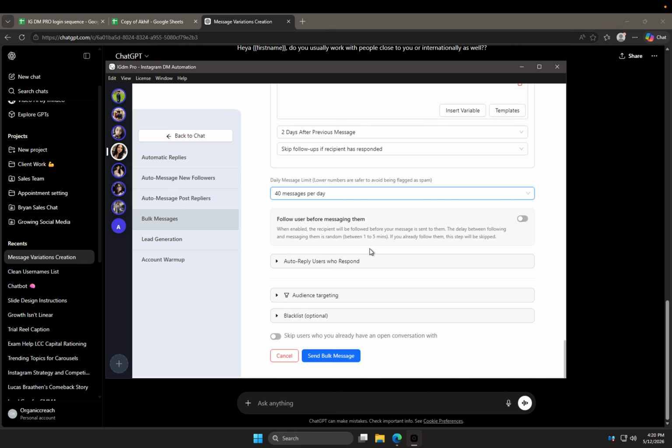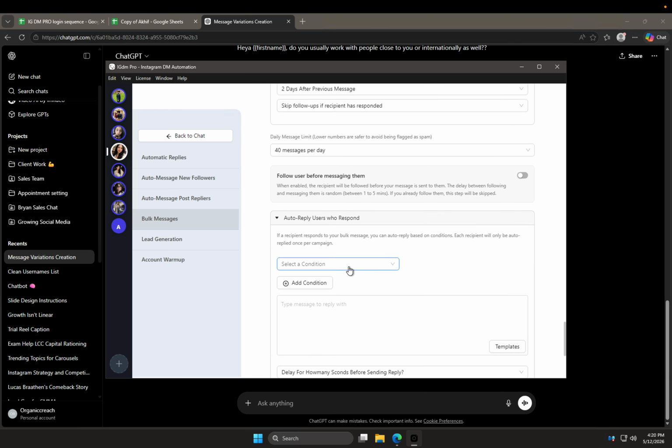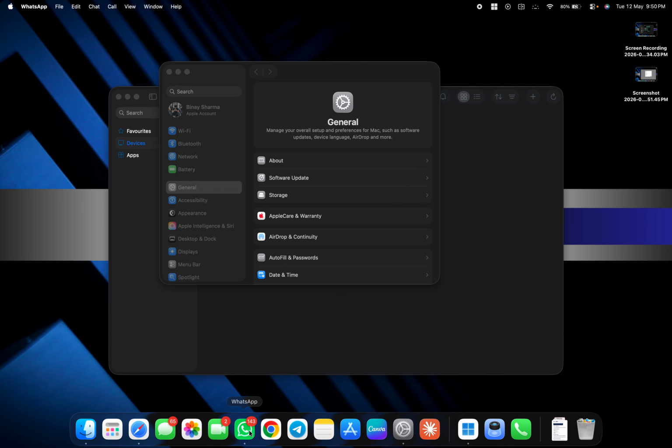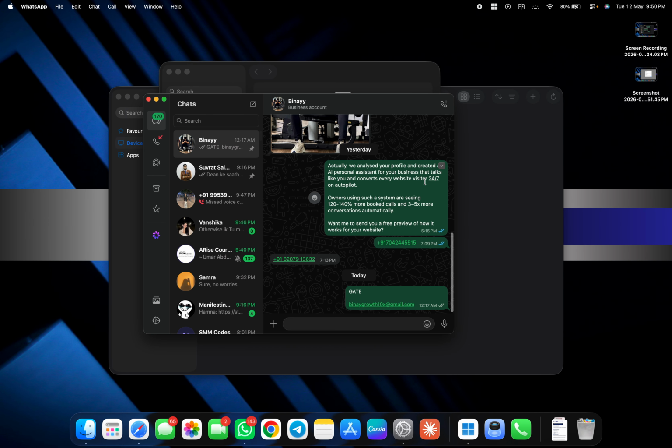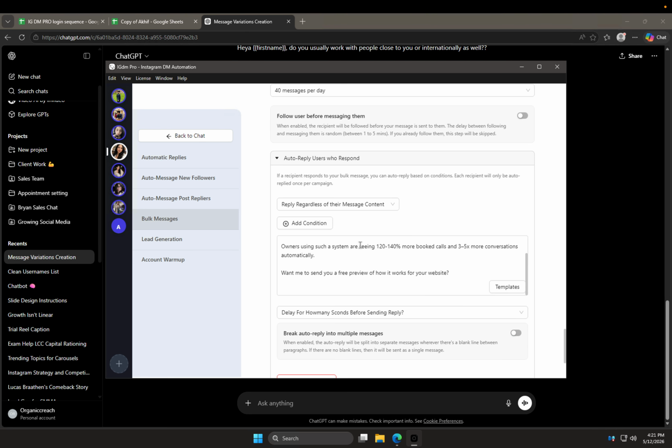Then auto reply, who responds. This part is important as well. So what you're gonna do is click on reply regardless of the message content, and I'm gonna give you this reply later. You can change this. Give me a second. There we go. So just write this down or just copy it. You don't need to do anything. You can just copy it and